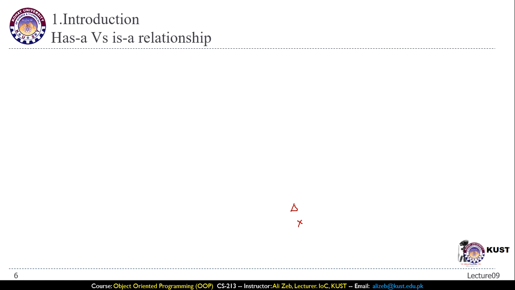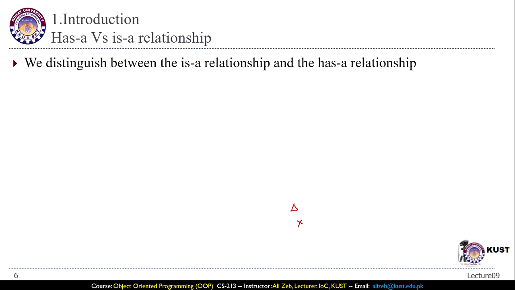Has-a versus is-a relationship. If you remember from our discussion on composition, we saw that there is a has-a relationship between the classes. The has-a relationship was when we said that an employee has a birth date or an employee has a hire date, which suggests that a certain class can have another class, or the object of another class, as its